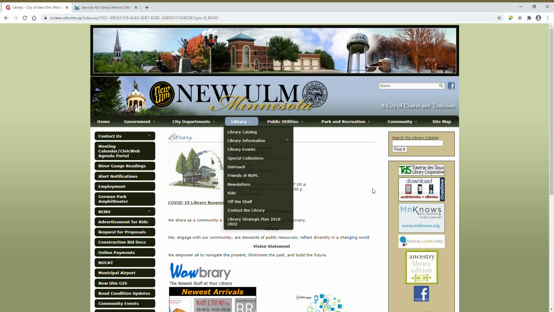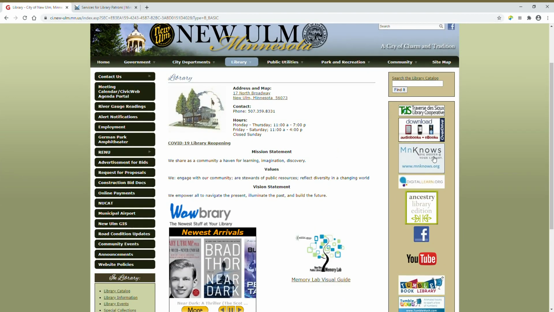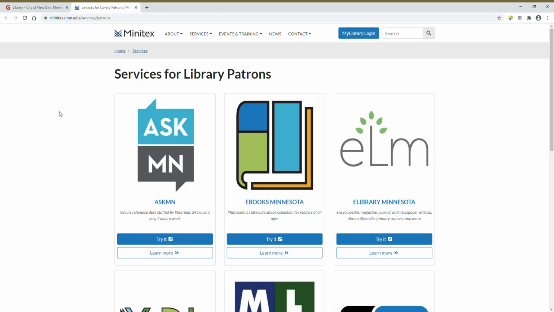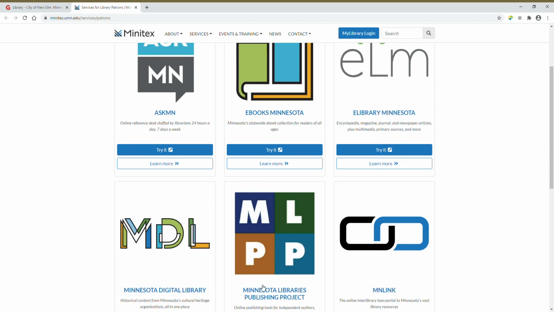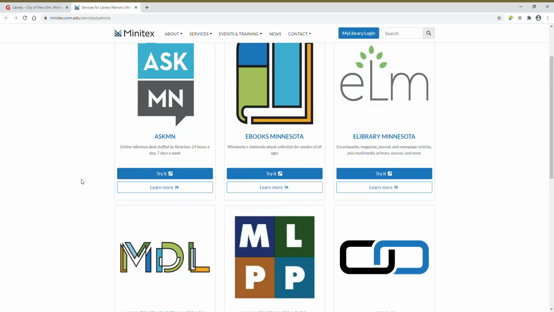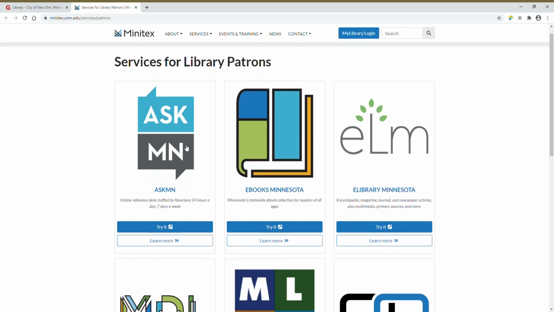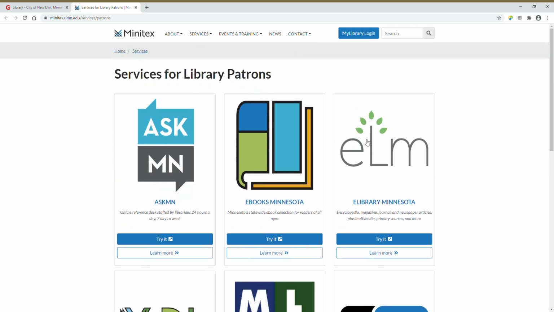www.newulmlibrary.org, which will bring you to here. And if you click on MinNesota on the right, it'll open in a second tab. And I'm just going to click over to that since I've already opened it. Now before it was listed in a vertical fashion, but now you notice it's got these nice big icons, arranged in this visual way here. You can learn more, try it, and if you click on one of these icons, it will take you directly